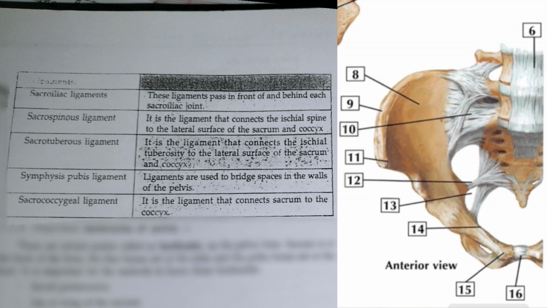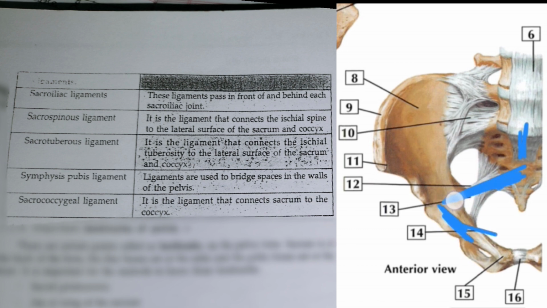Next, sacrospinous ligament. It is sacrospinous ligament and it connects spine and ischium. And this ligament is projected from the lateral surface of the sacrum and coccyx. What is sacrospinous? It is the ligament which joins spine and the ischium, which is laterally projected from sacrum and